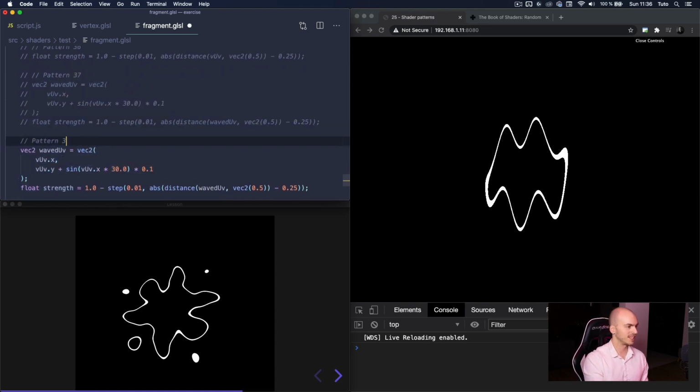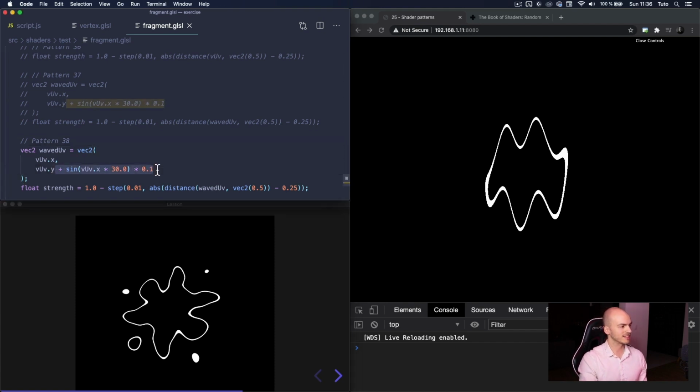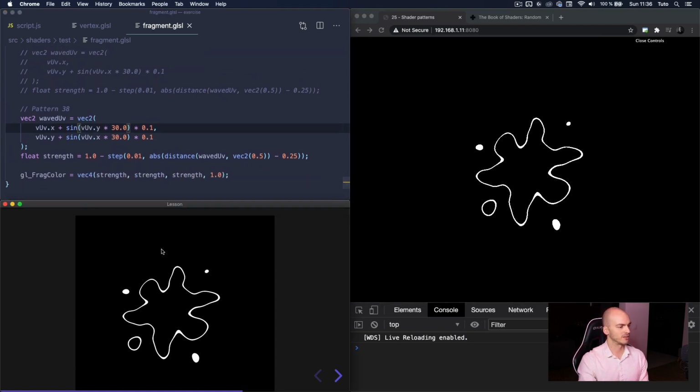So, 38. Hang on. It's the same kind of deformation, but also on the X. Well, because we have it here, let's just take this formula, the sin, and put it there. And instead of making it change on the X, we're going to make it change depending on the Y. And yeah, that's the exact pattern. The next one,